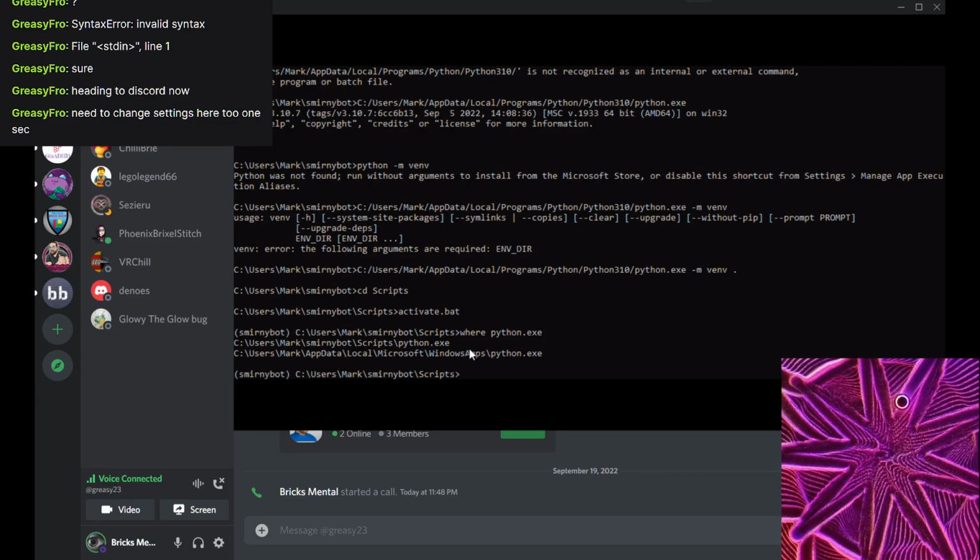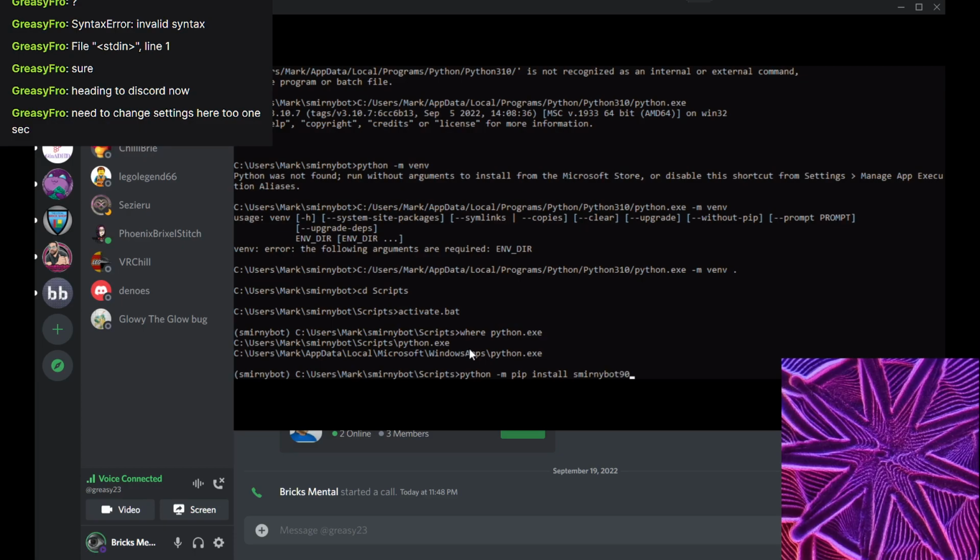Type python -m pip, and pip is the Python package manager, and you tell it to install smernibot9001, all in lowercase. That should install the current version from the internet.